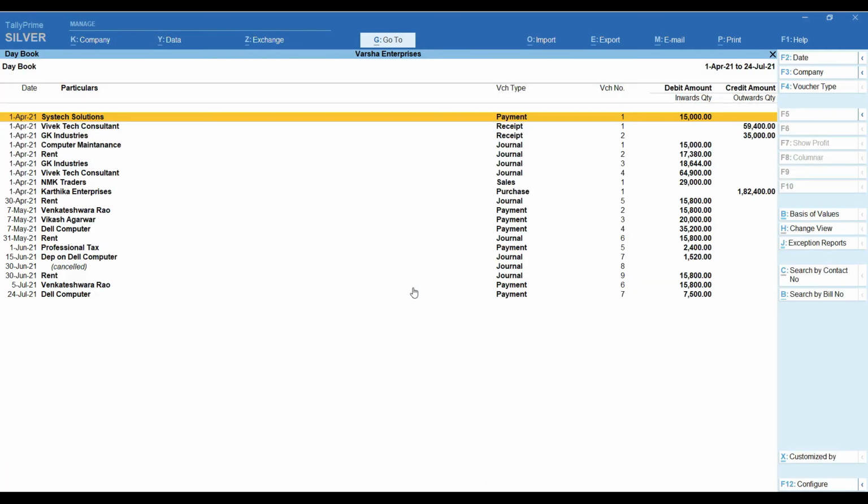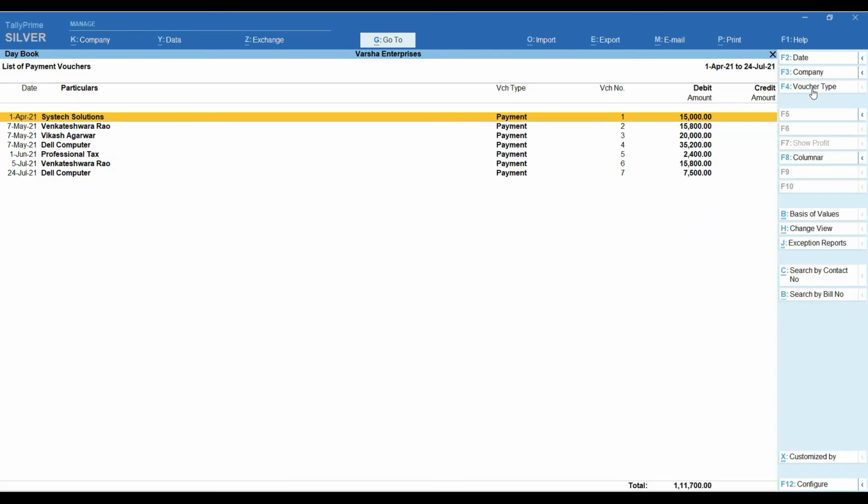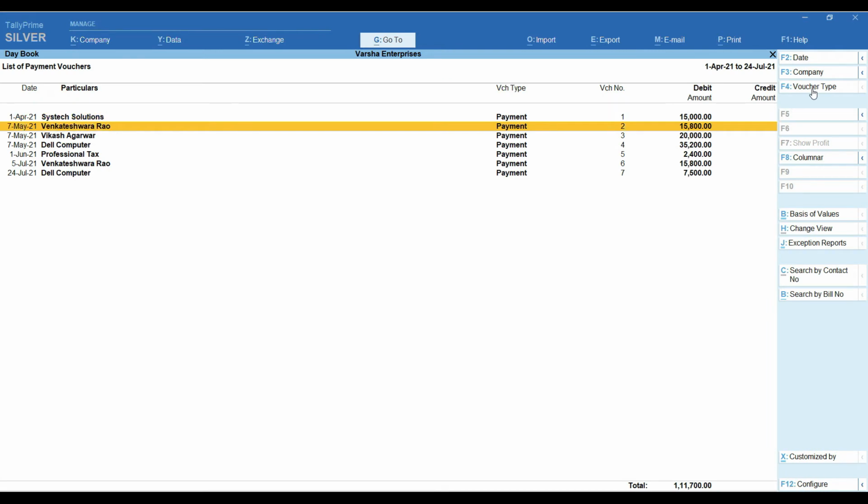You can see that till date how many transactions you posted, all the transactions will be listed in the screen. If you want to filter particular voucher type, on the right hand side button bar, we can see F4 voucher type filter. In this screen, we can see all the voucher types listed here. We have to select manually and filter that particular voucher register. We are going to select payment register. As on particular period, we can see only 7 transactions are there.